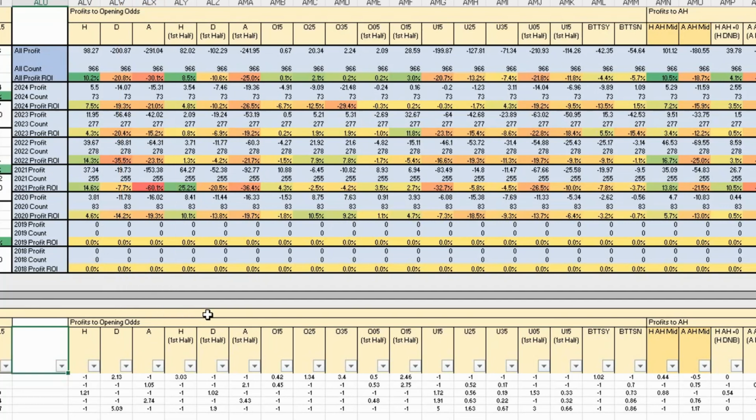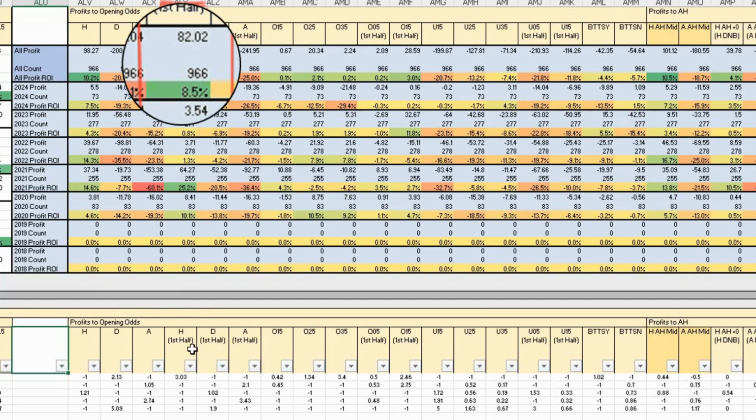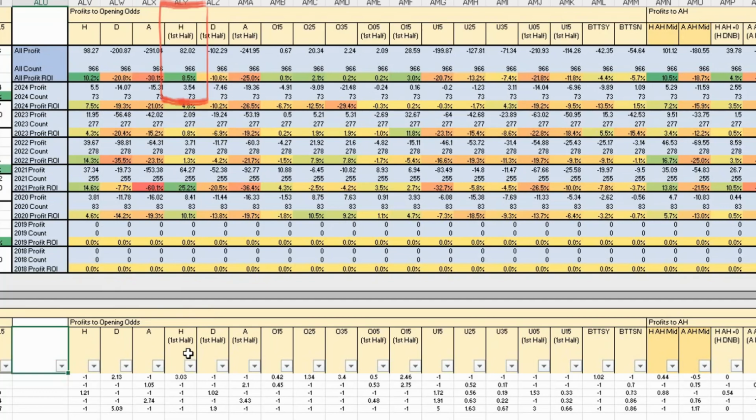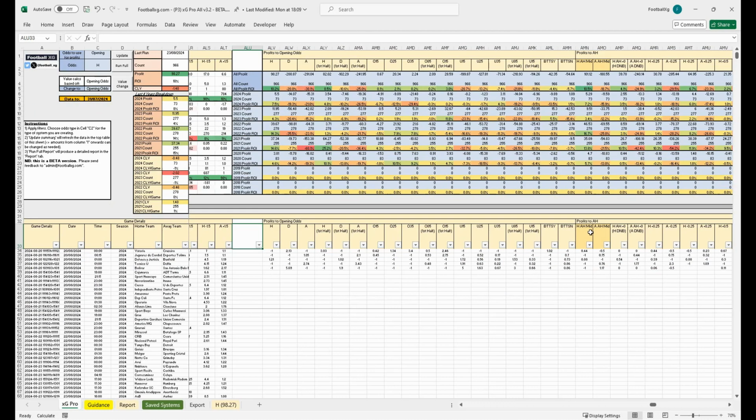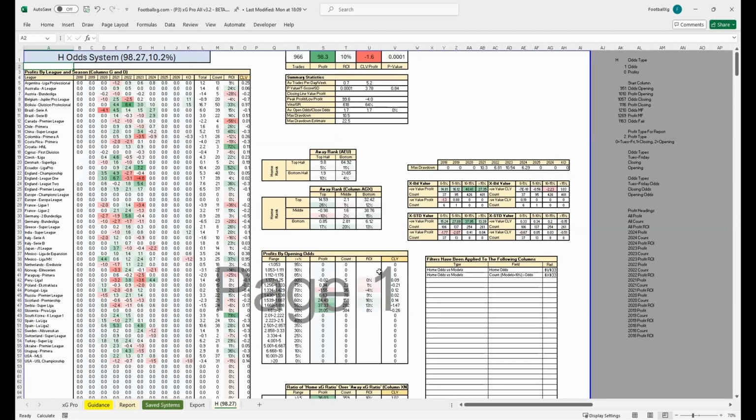But as you can see here, it has some potential for looking into and considering as a home first half system. And also the Asian handicap, it also looks profitable there as well. So that's just something to consider, where you can potentially look and see if there are other markets where this system could have a chance of being profitable and worth exploring further.